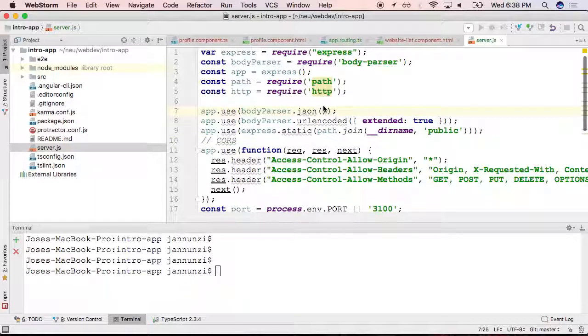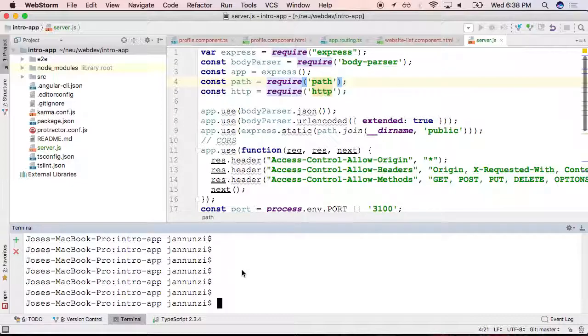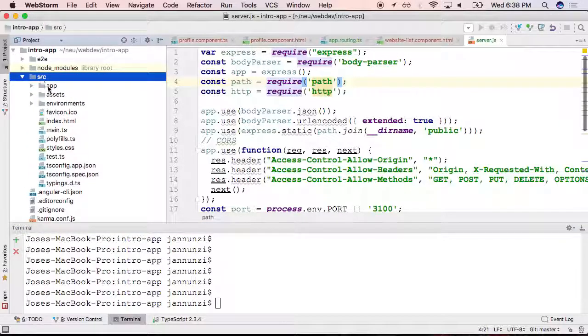All right, let's see how far we got last week. All right, so this is what we were working on last week, and we had on the source, we had